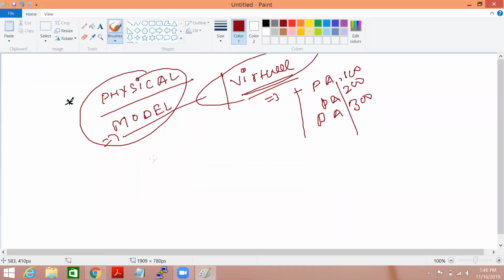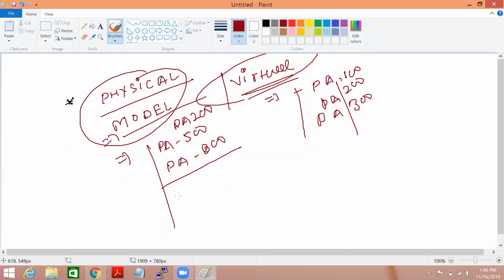These are the models. And physical models are Palo Alto 500, Palo Alto 200, Palo Alto 800, and the Palo Alto 2200 series is there, 32 series is there, 52. The most latest model is 7K.